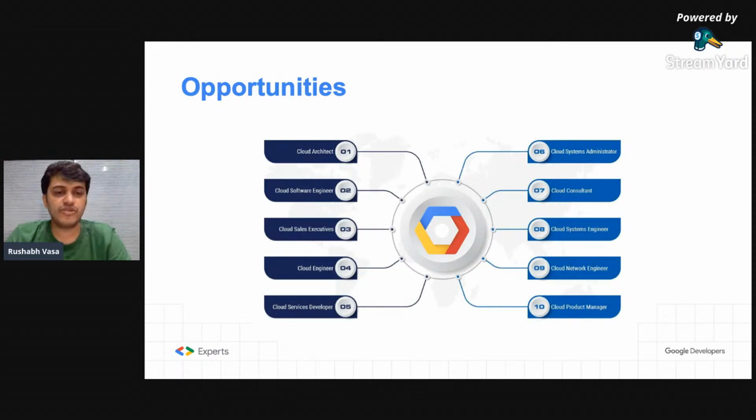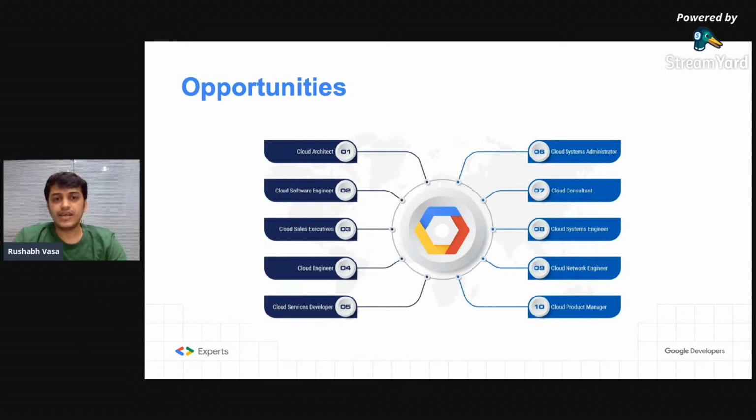Being a student, we always want to know that if I'm learning some technology, what kind of opportunities or what kind of career I can look for. So that's where there are opportunities as a cloud architect. It's very much in demand right now, because everything is moving digital, and especially after COVID, a lot of digital transformation has been happening at different levels in enterprises, in small companies, and in startups as well.